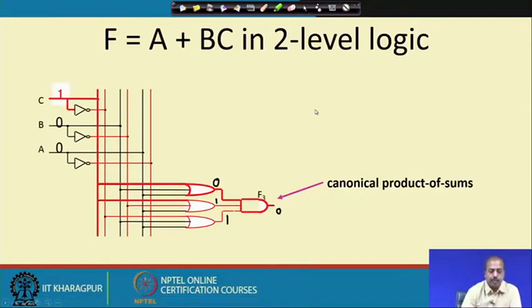consider the case when this C value has changed from 0 to 1. When it has changed from 0 to 1, the C input has become equal to 1. As a result, this OR gate will now be equal to 1. So, this output becomes equal to 1, and after some time